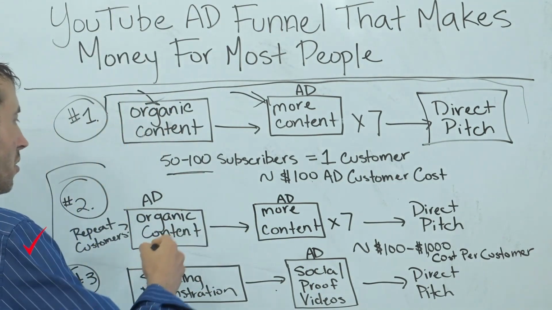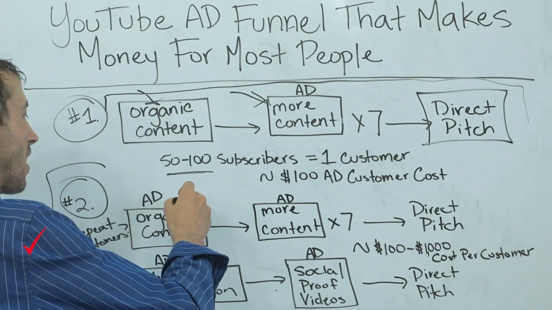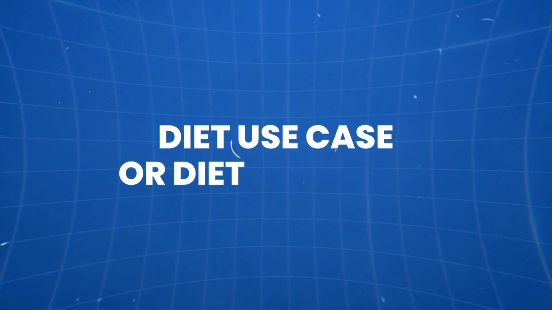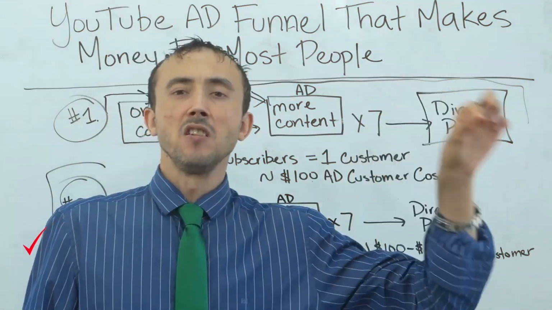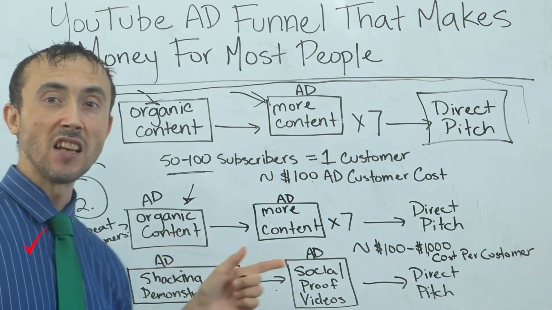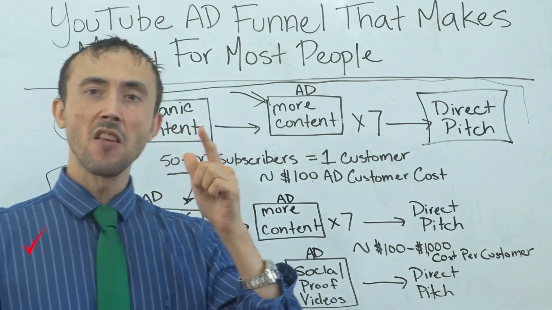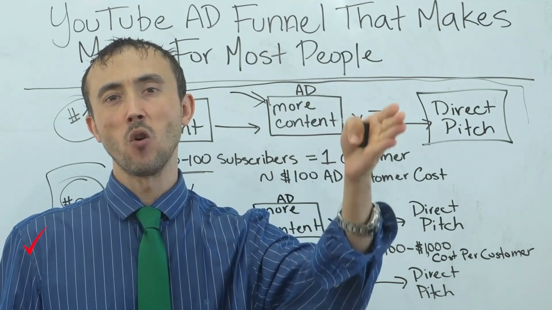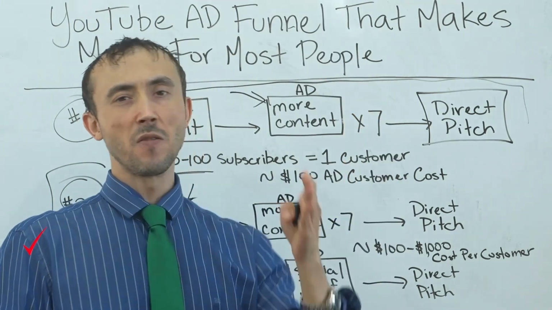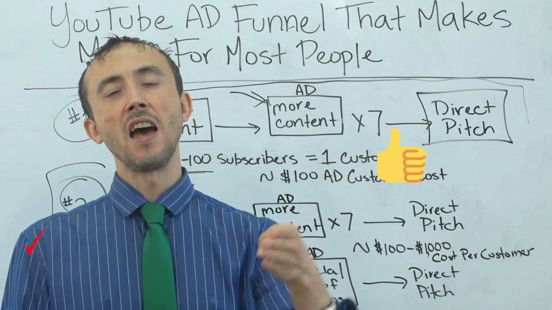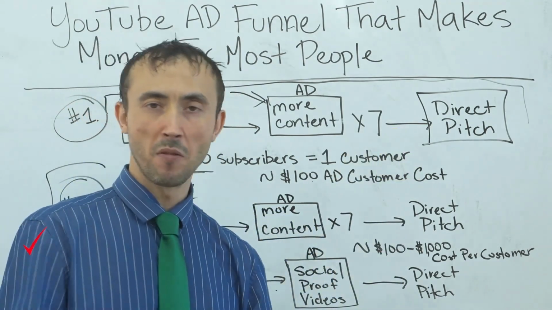So what you do, instead of having just a regular old ad show up for somebody, is you have organic content again. Going back to the diet use case, diet products, you have an ad that just talks about the best way to lose weight in 2024. And that's the ad. It doesn't do any direct selling. At the end of the video, it can have a call to action to buy on your website, but not until they've seen the whole video. If they watch the whole thing, you've earned their trust enough to ask them to buy and actually get compliance from some of them at that point.